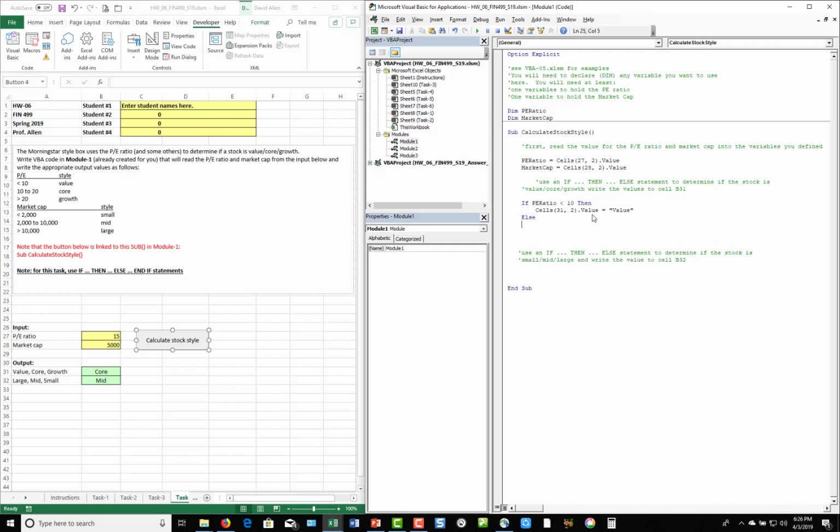Else, we'll say If the PE ratio is greater than 20, so now I'm going to test the high end here. So I already found that very low PE ratios, we'll call them value. If they're very high PE ratios, I'll call them growth. If they're somewhere in between, they default to core. Say then